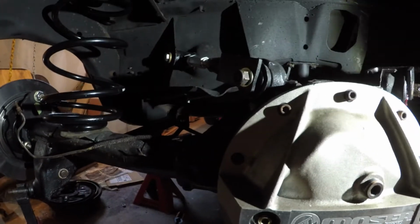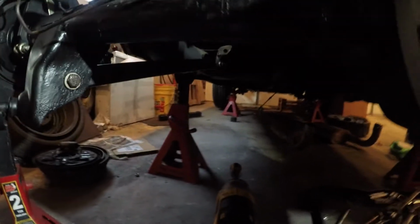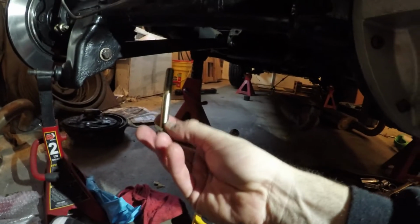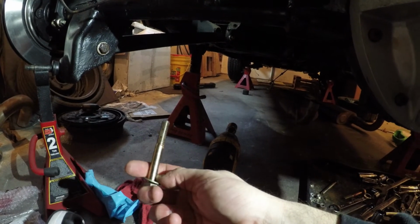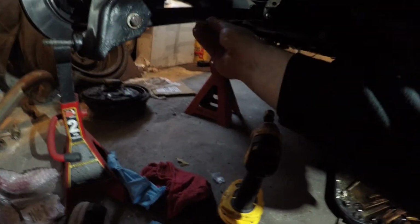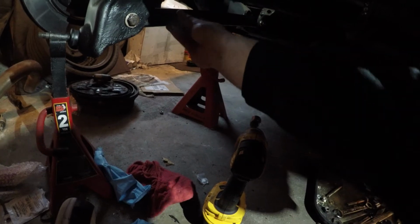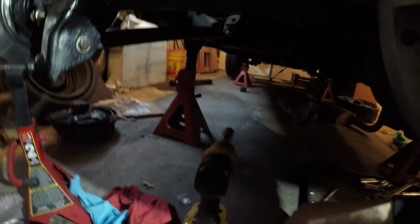Next thing we're going to do is get the sway bar in. This should be very, very simple. I'm just going to be using these, I think they're 7/16 bolts, and put them through the control arm. Let me just check real quick. Should go through, and yeah, I've got a ton of thread left, so I'm going to put them in from the